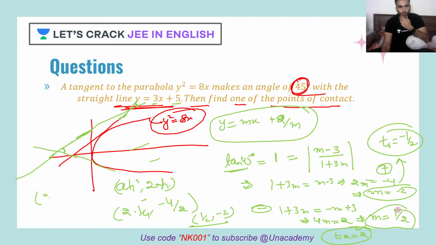So a, so 2 into t square. What does SYM say? SYM tells me minus 2, 1 by 2. SYM, could you please check, is it the other way around? Could you please check? It's 1 by 2 comma minus 2. Can you please check with yourself?